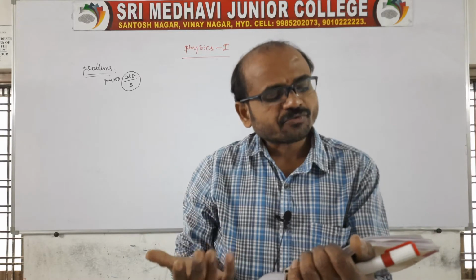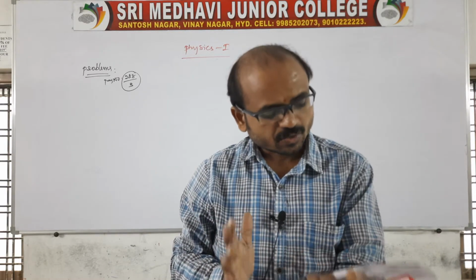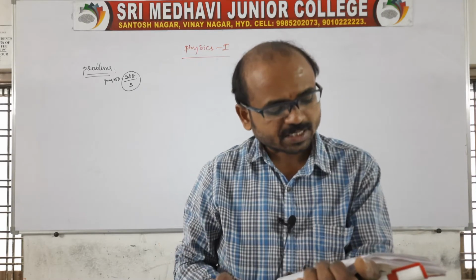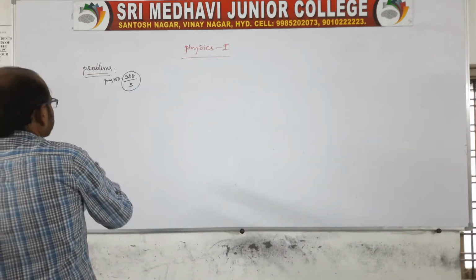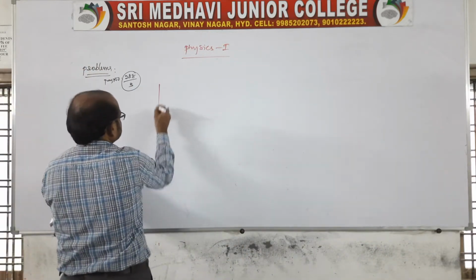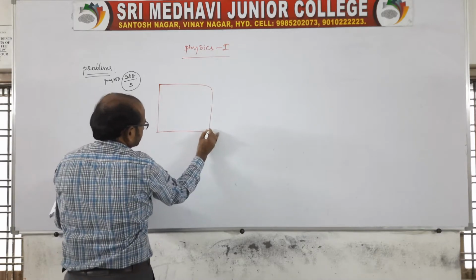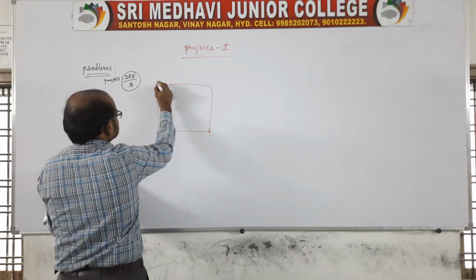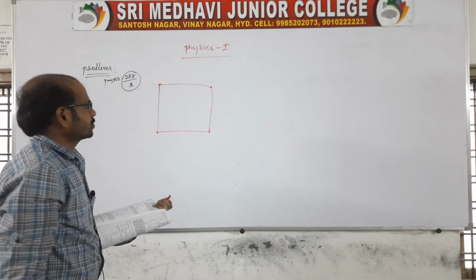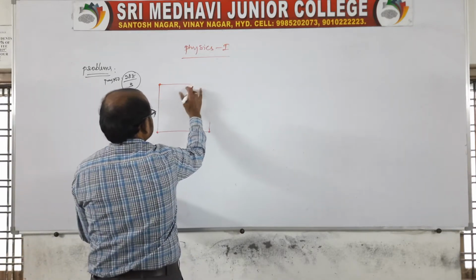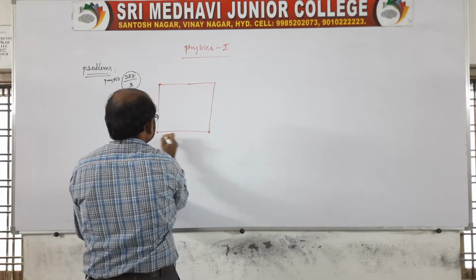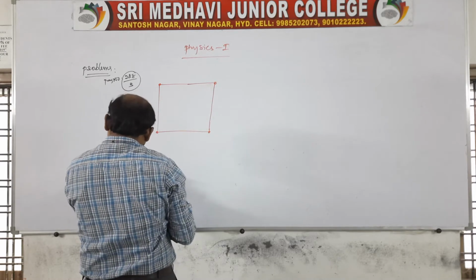It is asking for the potential energy of the system of 4 particles placed at the vertices, where the side is L. Also obtain the potential at the center of the square. Before that, I want to tell you that there are 4 particles placed like this, at the corners of a square. Here the system of particles is placed.